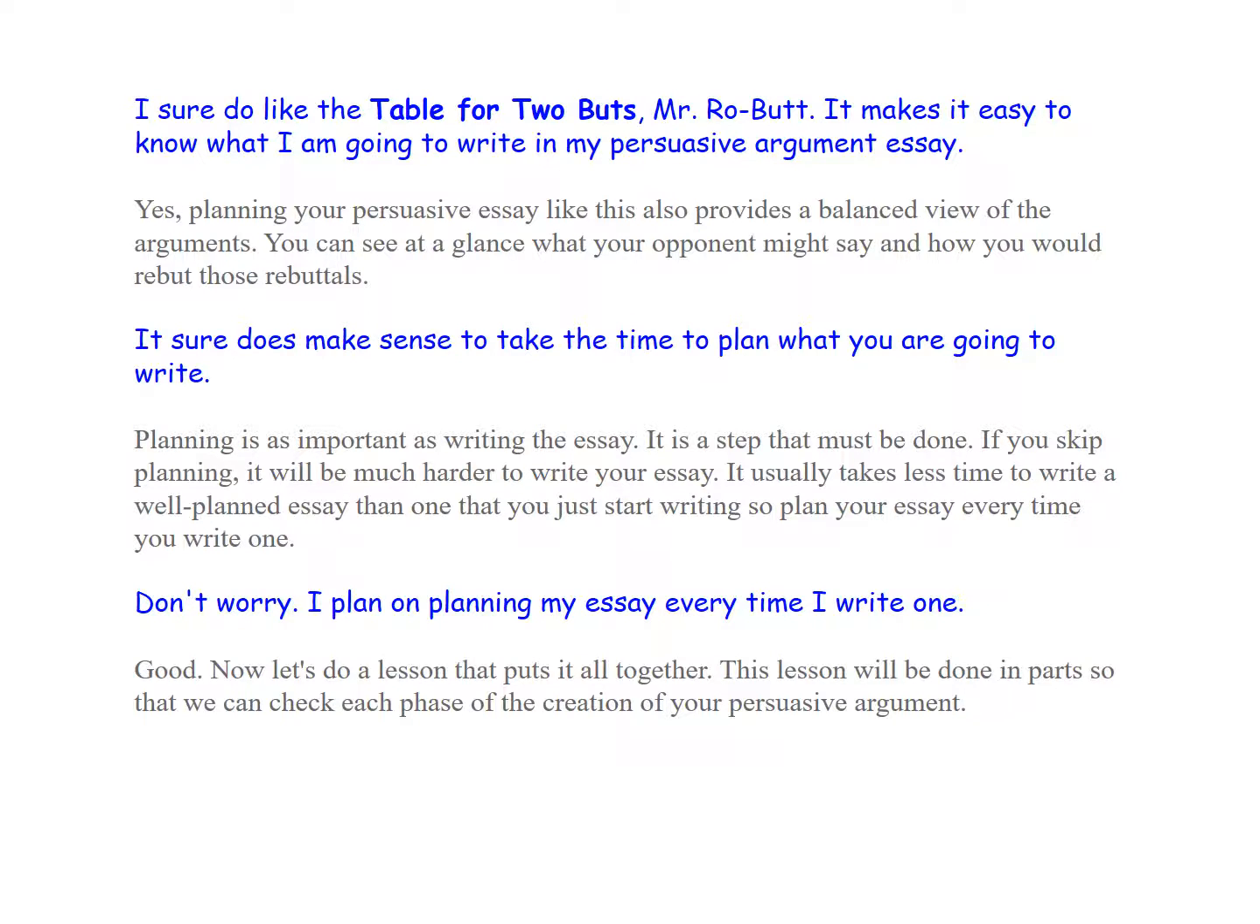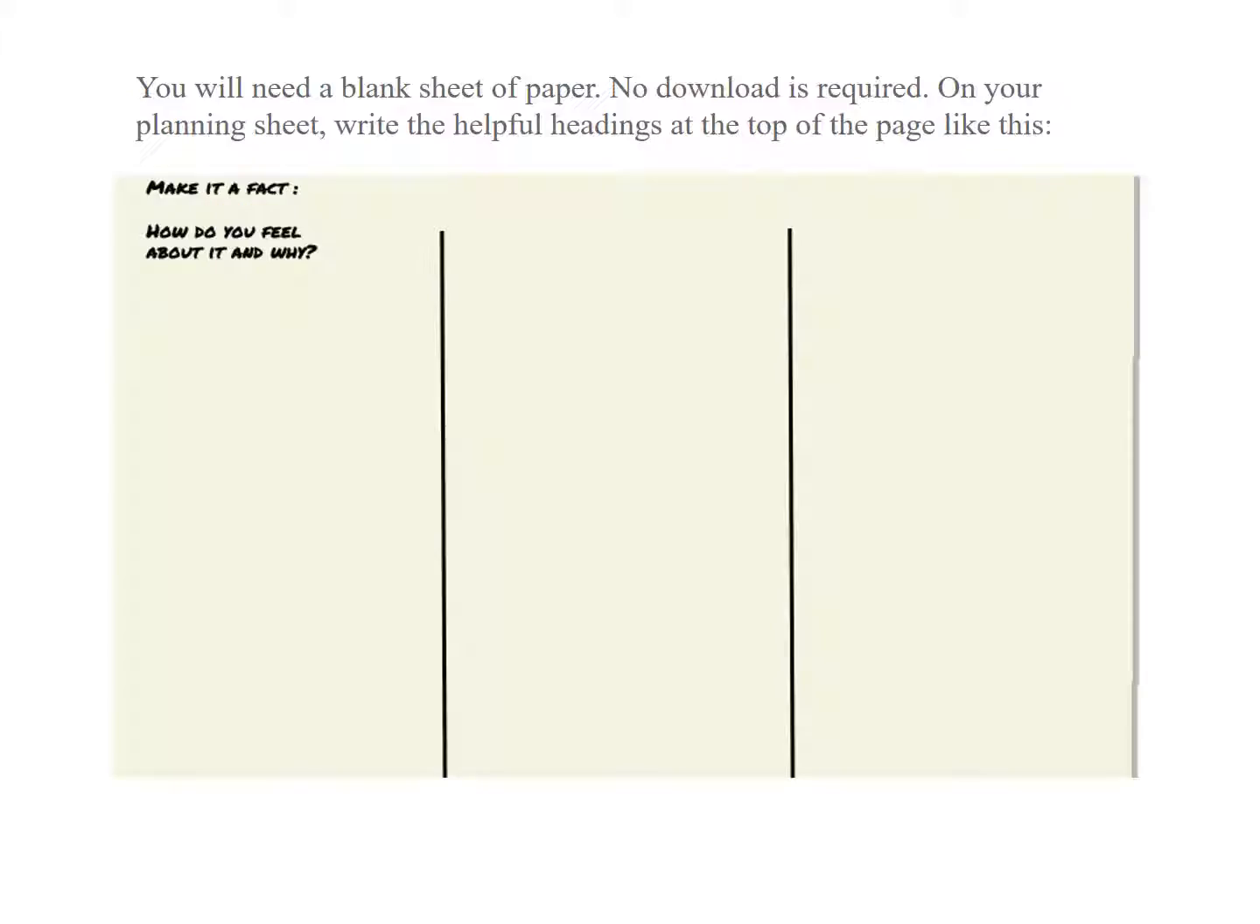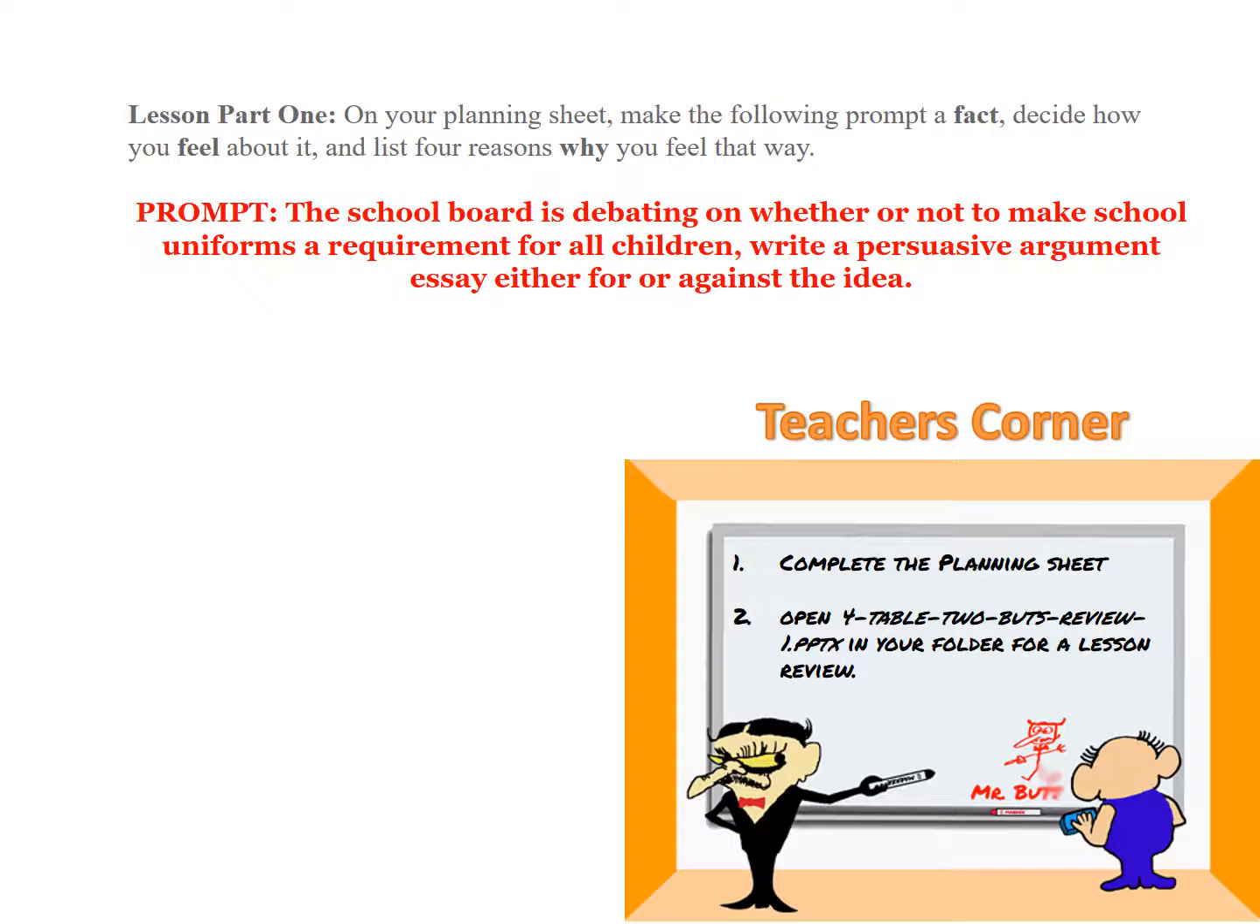Good. This lesson will be done in phases, so that you can check each phase of the creation of your persuasive argument. You will need a blank sheet of paper. No download is required. On your planning sheet, write the helpful headings at the top of the page like this. 1. On your planning sheet, make the following prompt a fact. Decide how you feel about it, and list 4 reasons why you feel that way. Prompt. The school board is debating whether or not to make school uniforms a requirement for all